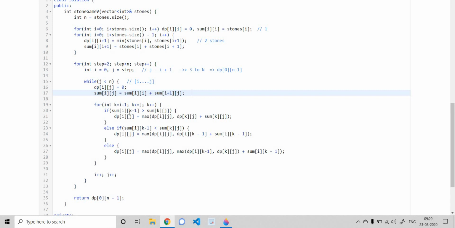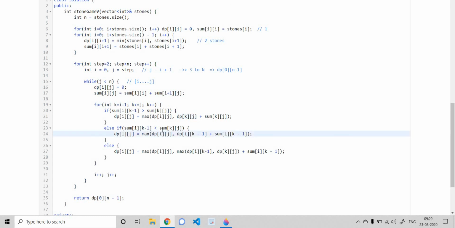Here these are the three cases. If the left part sum is greater, then the DP would be the right part. Like I need to add the sum of the right part plus the answer I would be getting from the second set, because the game will go on if we are having more than one stone. This is the answer if we are going ahead with my game to the second block. I've already found it in my previous steps.